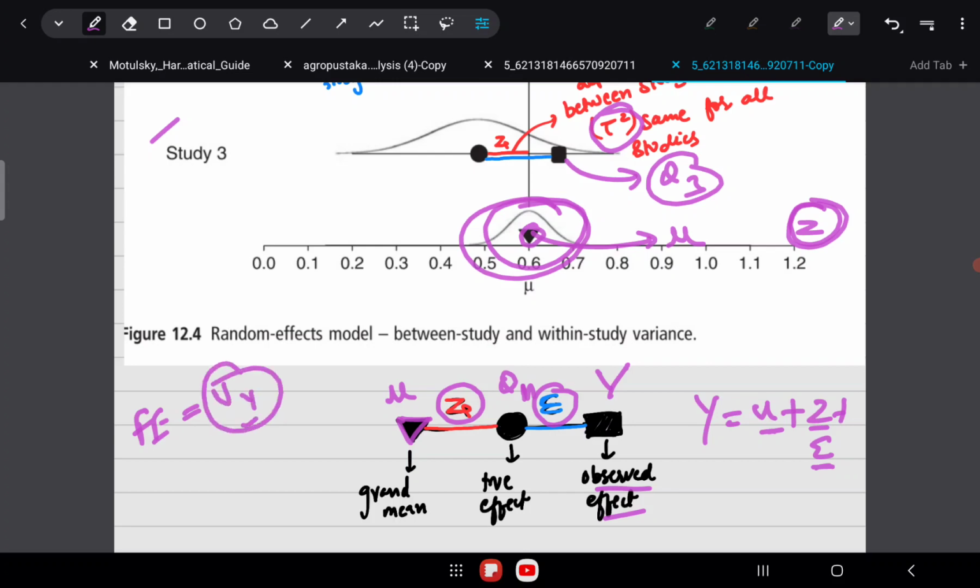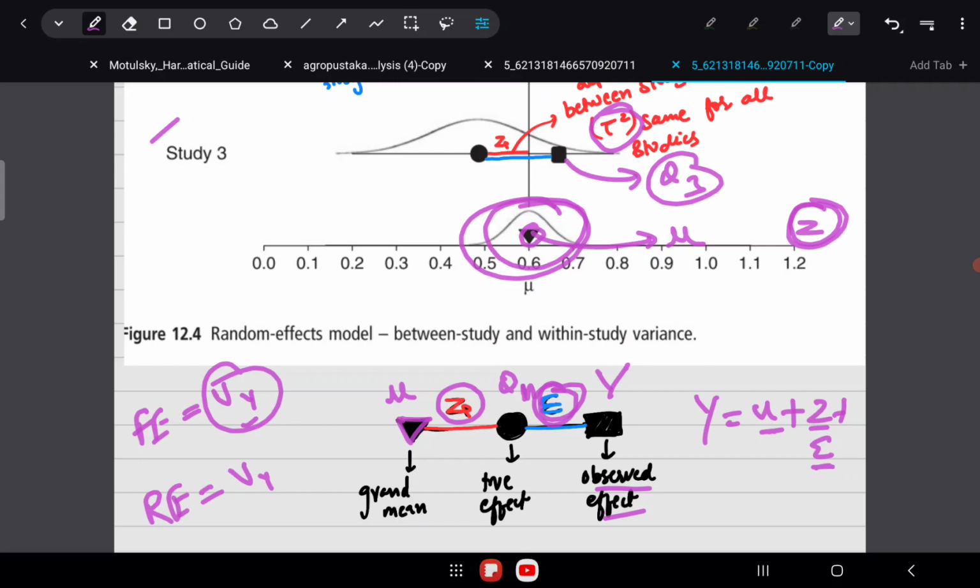That is due to sampling error, and we know that this variance would amount to 0 when the sample size of the study approaches infinity. But in random effect modeling, within study variance is important, of course, because there will be sampling error,